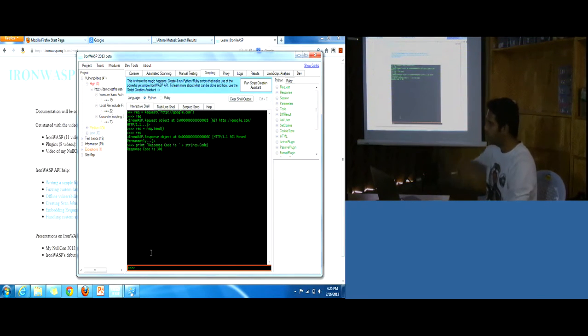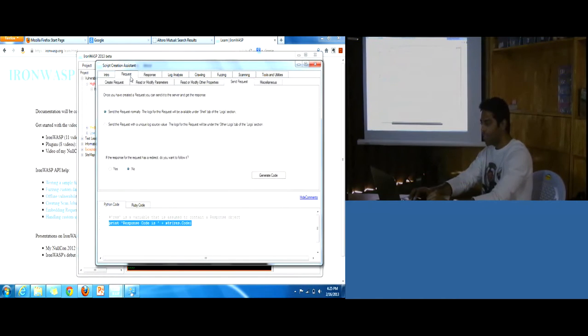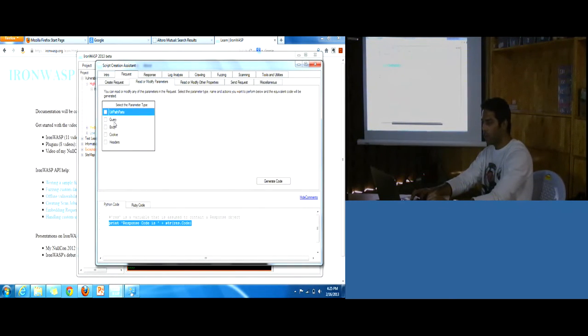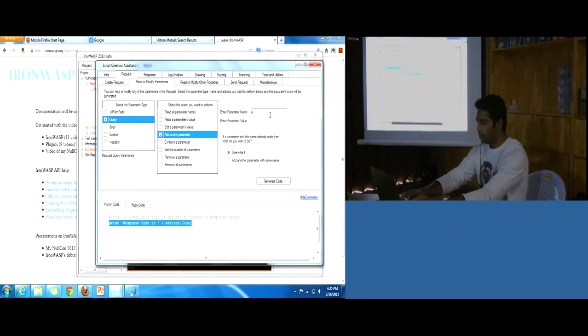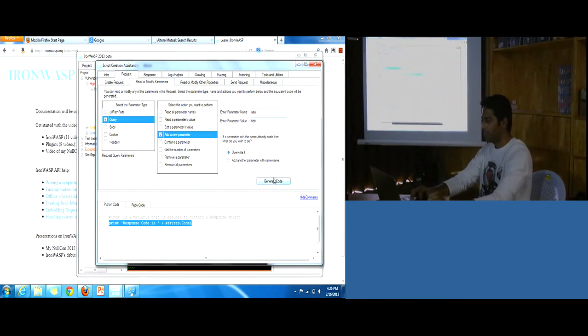You can send the request, and you can modify any parameter. For example, if you wanted to add a new query parameter called AAA with value BBB, this is the code with which you do that.